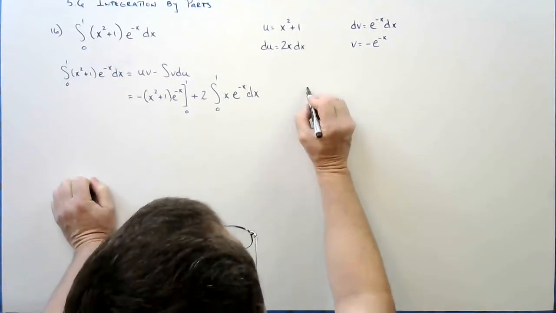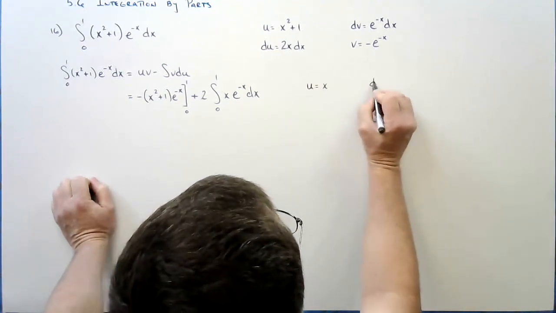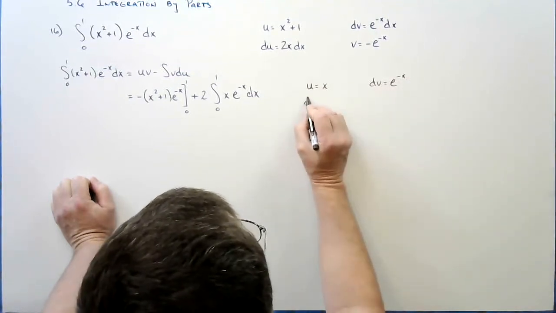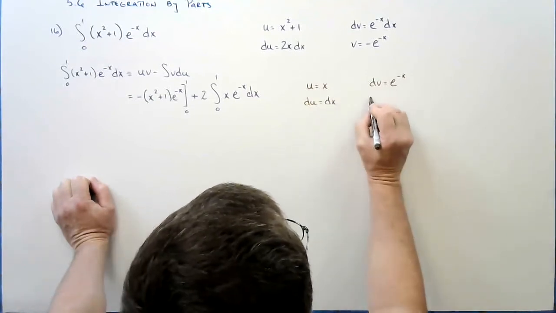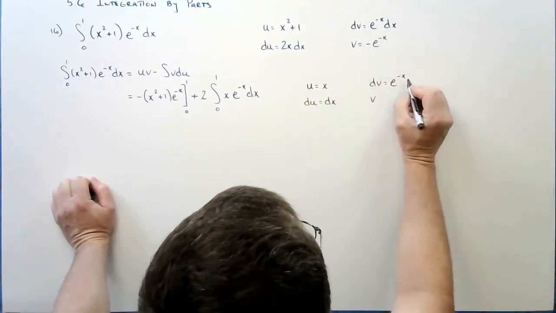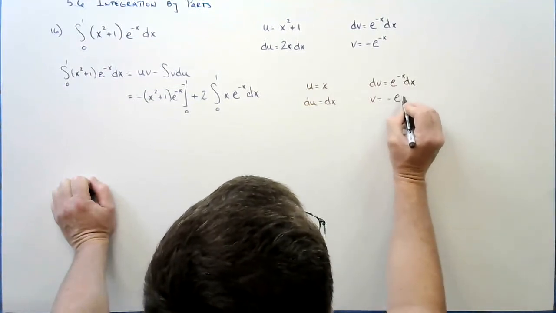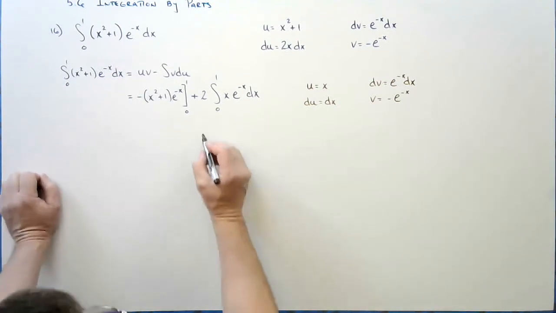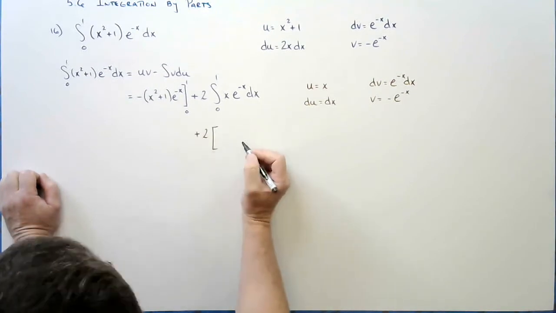So I'll change colors. I'll come over here. I'll use brown. u equals x. dv equals e to the minus x. Of course, the derivative here is going to be dx. Here, we just did this up above. And we're going to get ourselves minus e to the minus x. So this term here is going to be plus 2 times